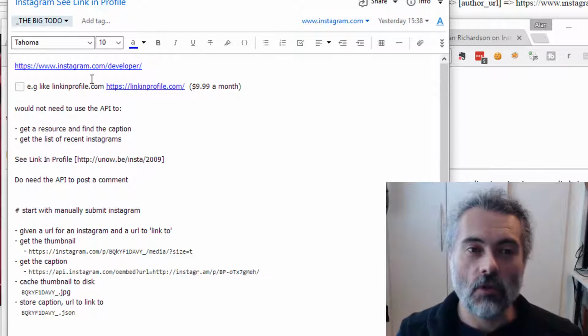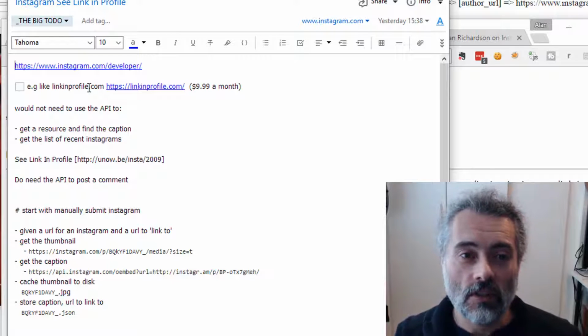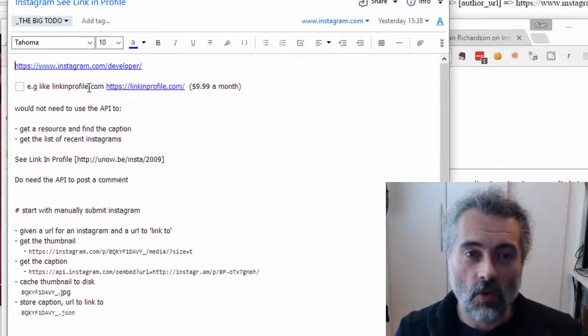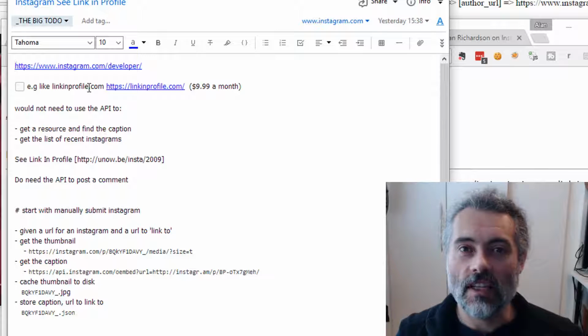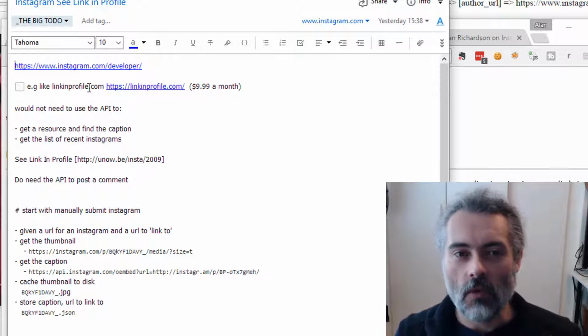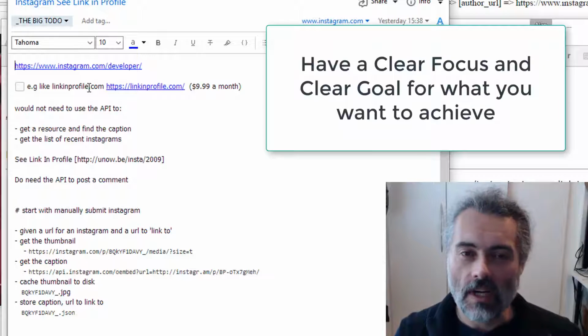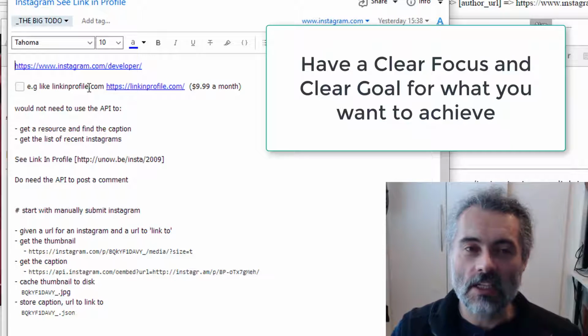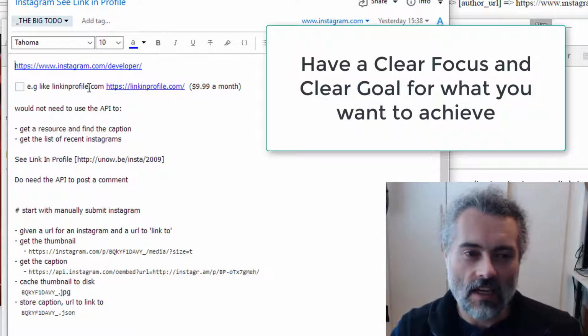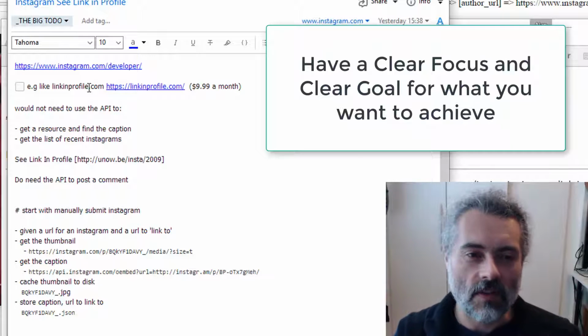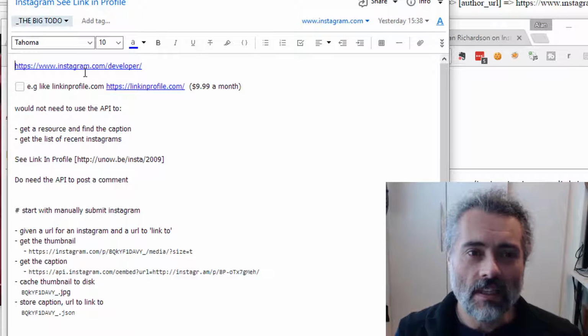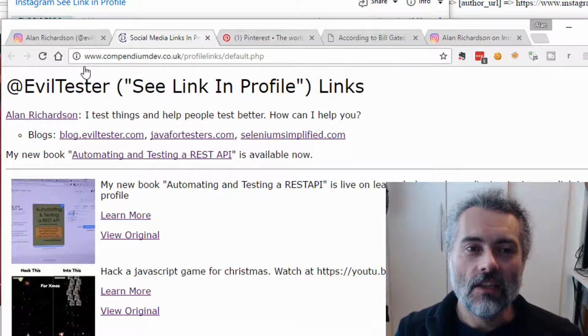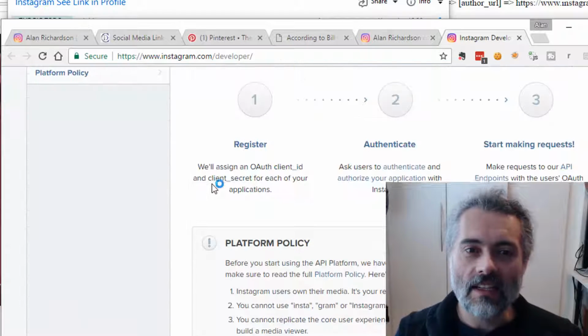I found a competing product, or a product that I could use to do something very similar, and that looked quite good. It's only $9.99 a month, but I wanted to experiment with more API work, more API libraries, and building something to help me would also help me learn and improve, and might spin off, because I'm thinking about how do I learn serverless. I could use the kind of stuff that I'm doing here to build serverless apps. But essentially, I was looking through the Instagram API to figure out what I can do.